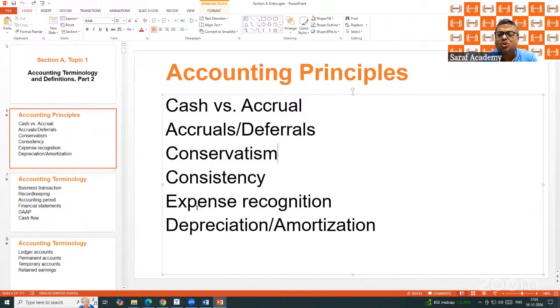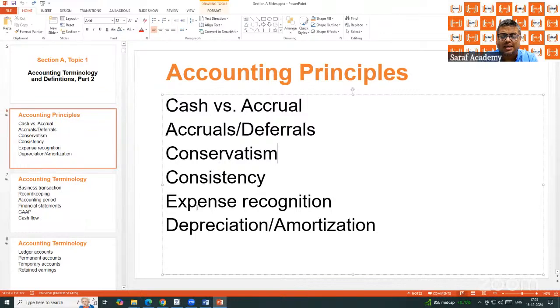Suppose there is a court case going on, with somebody, some supplier, some customer, somebody. And in the court case, we may lose. Even though we have not lost, but we may lose. We will make a provision. We will record the loss provision. But if we are going to win, we will not record the gain till the time we have not won.